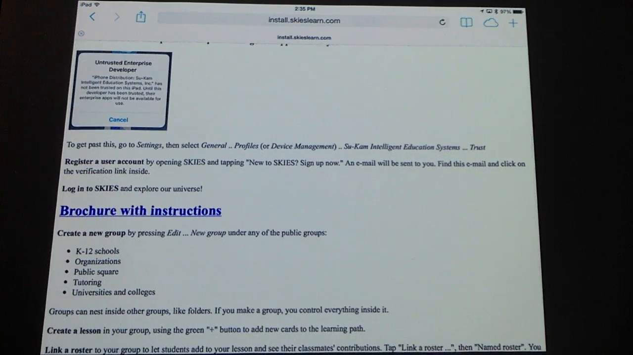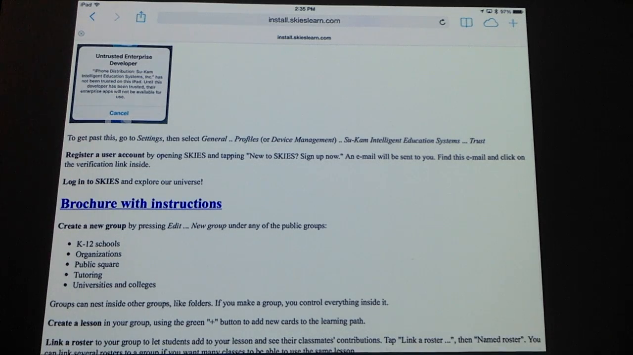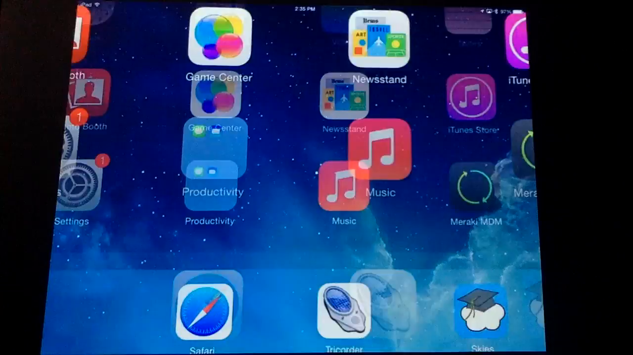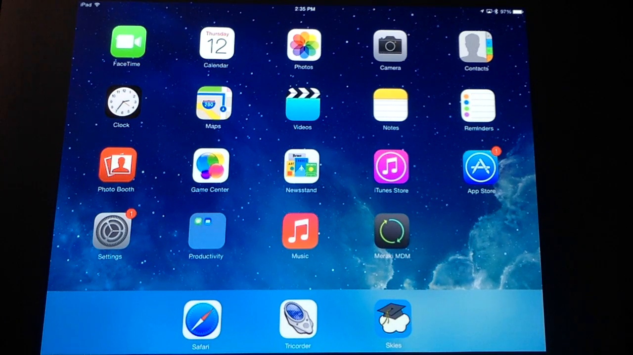And if you have the latest OS, you're also going to need to go to Settings, General, Profiles, and select Trust for the SUCAM Intelligent Education System. So that's how you get the app if you're going to be doing this on your iPhone or your iPad,